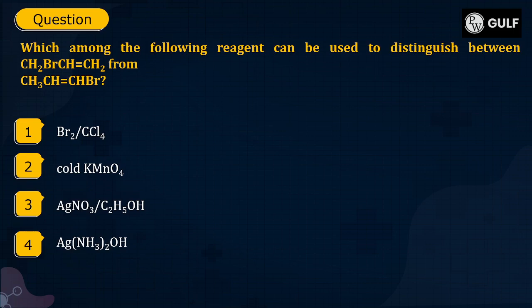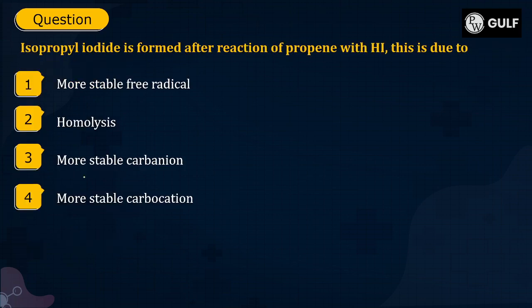Moving on to the next question. Which among the following reagents can be used to distinguish between primary and secondary halides? Silver nitrate. This is a direct question. Moving on to the next question. Isopropyl iodide is formed after reaction of propene with HI. This is due to, again, this is following your